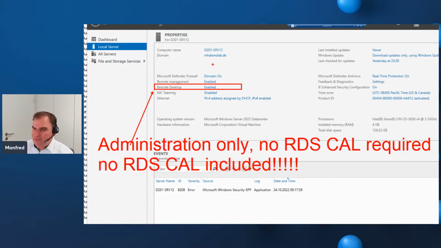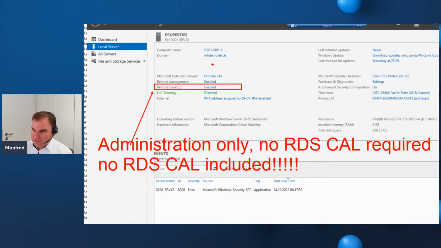But this does not mean that you have 3 RDS client access licenses included. This only means that you can use remote desktop to manage this server for administrative tasks. It has nothing to do with the role administrator. So if you are an administrator in Active Directory, this does not mean that you can do anything on this server.